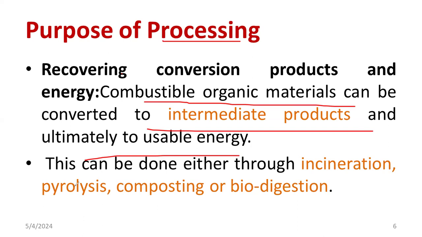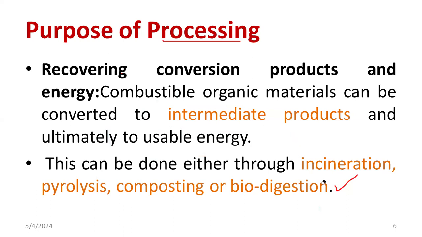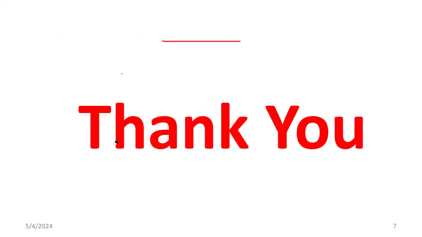This can be done through incineration, pyrolysis, composting, biodigestion, except combustion. For incineration and pyrolysis, we require only a partial temperature. We do not require high temperature. In such cases, the recovery can be done very easily, depending on the system or the village, whatever it may be. So processing is ultimately, before disposal of the waste, finding out the valuable items and recovering them, and converting one kind of material into another kind for better disposal. These are the major stages included in processing.